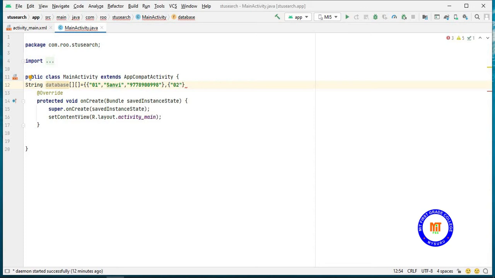I'll give it as 02. Then again one more, and give as register number 03, then name as Fatima, the number as, then one more, I'll give it as Rita.